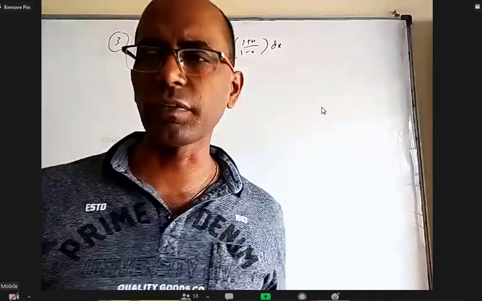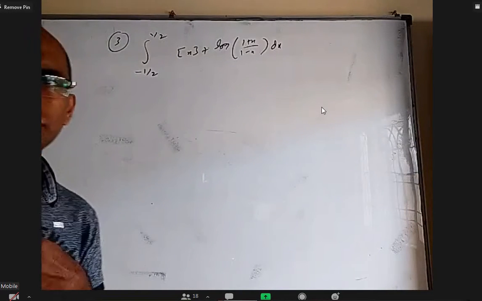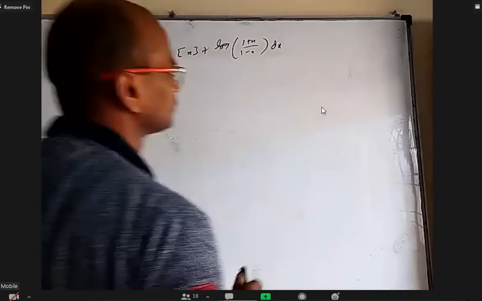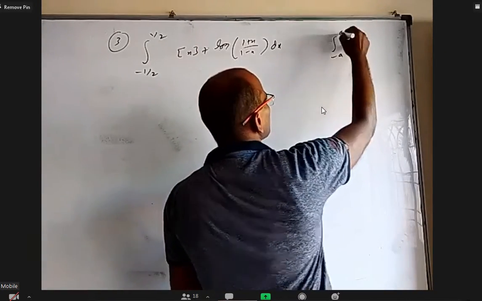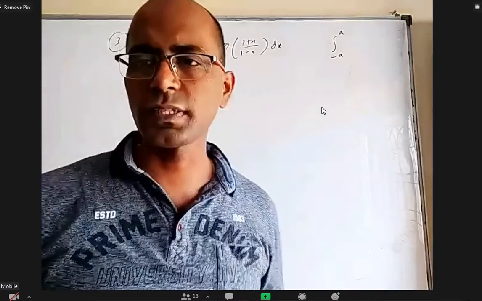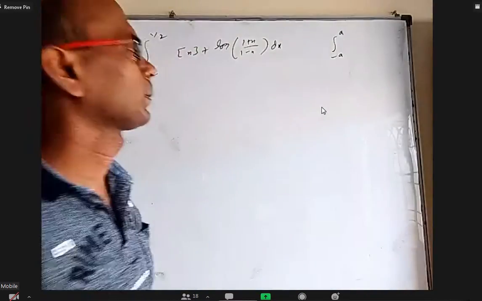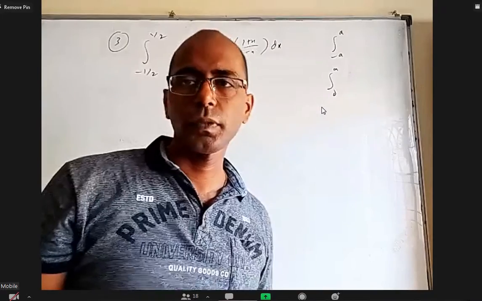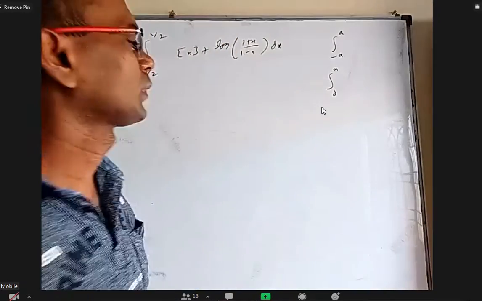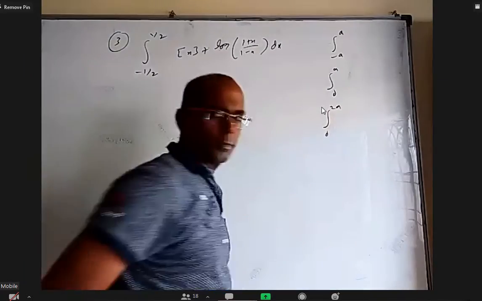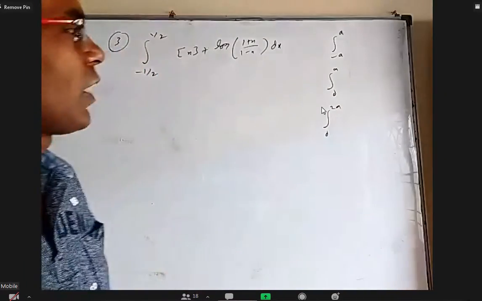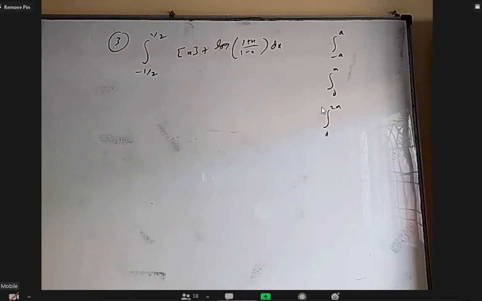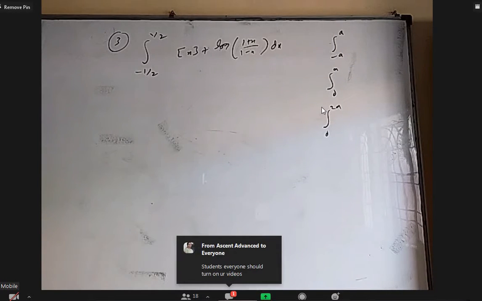Of course, different integrals have a different variety of questions, but there are 3 formulas that will cover most of the questions. What is that? Integral from minus a to a: if it is an odd function, you can write 0. If it is an even function, 2 times integral 0 to a. And for 0 to a f of x dx, you can replace x with a minus x, and when you do I plus I, sometimes it will become simple. And integral 0 to 2a: if f of 2a minus x is the same as f of x, you can write 2 times integral 0 to a of f of x. And if f of 2a minus x is minus f of x, it will become 0.